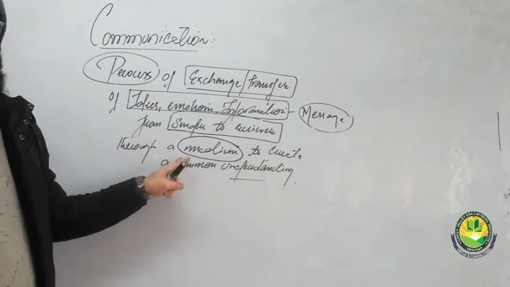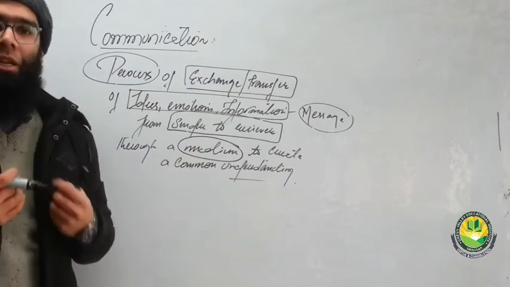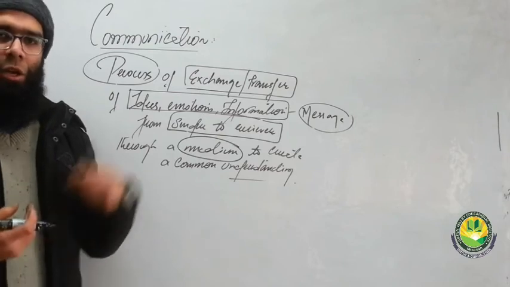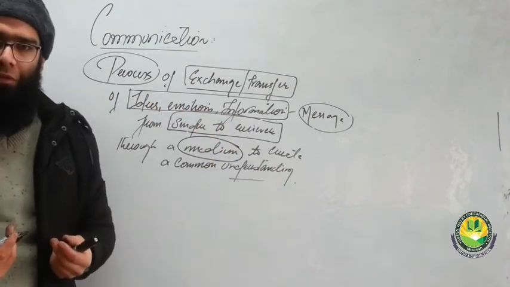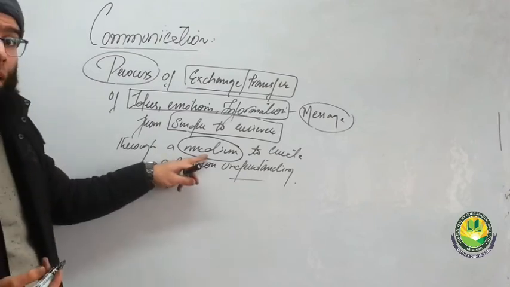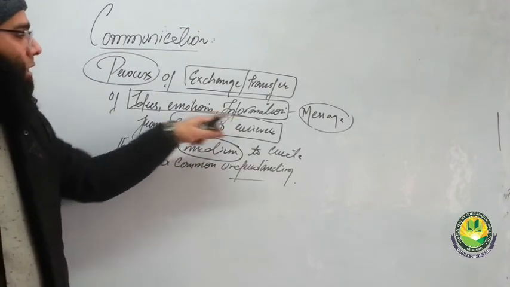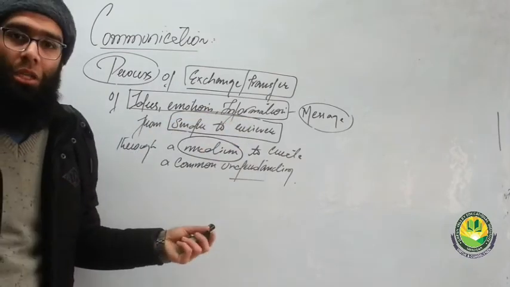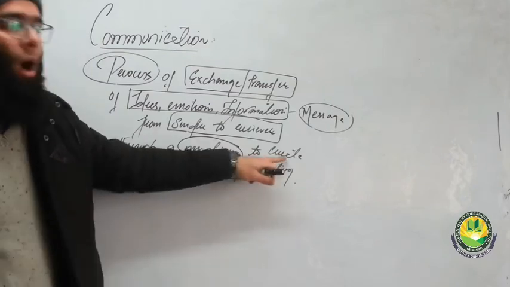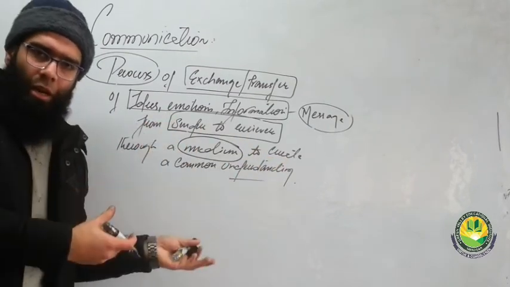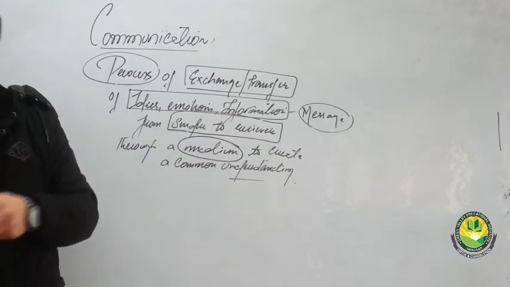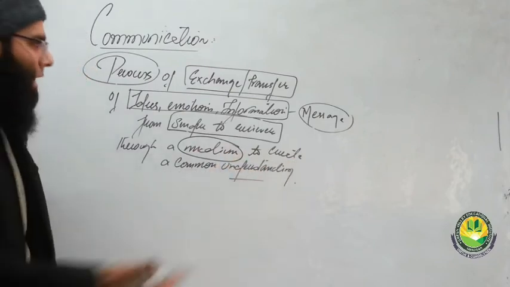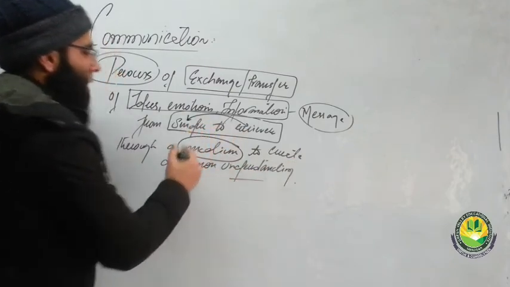This is also another important part of communication. Medium should be there. When you call somebody, the medium is the telecommunication system. When you talk to somebody, the medium is air. When you send a postcard, the medium is postal services. So medium is very much important as far as the communication between sender and receiver is concerned. If there is no medium, exchange cannot be possible. And why do we exchange? Sender, why does he exchange information with receiver? Why does receiver exchange information with sender? To create common understanding.